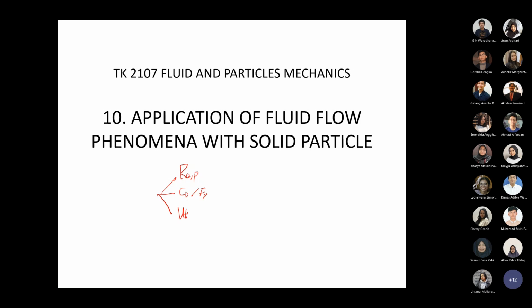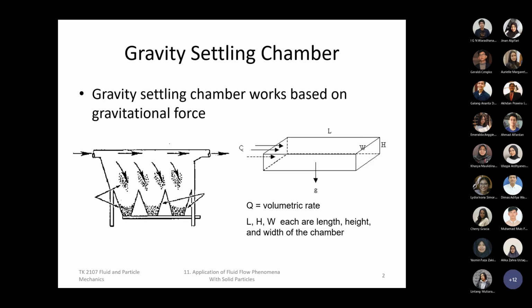Now we apply it to a unit of operation or equipment. The first one is a gravity settling chamber. This is the most simple one, I would say, and it can be illustrated very easily using this image. Again, let's say this is the post-treatment of a PLTU, a coal power generation plant.